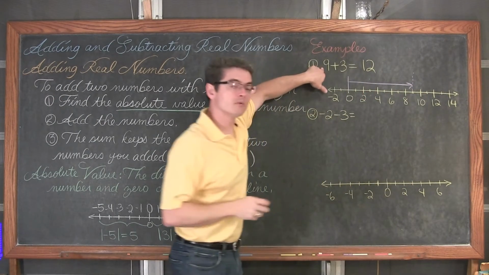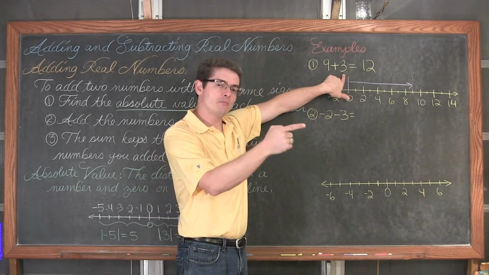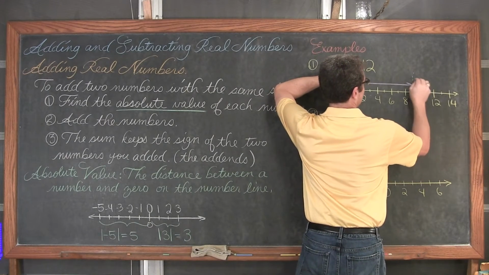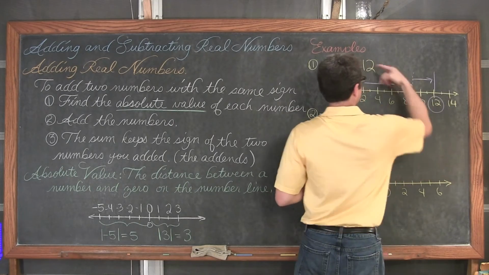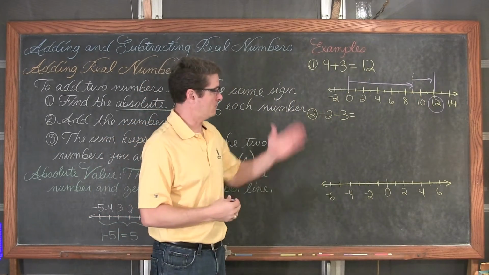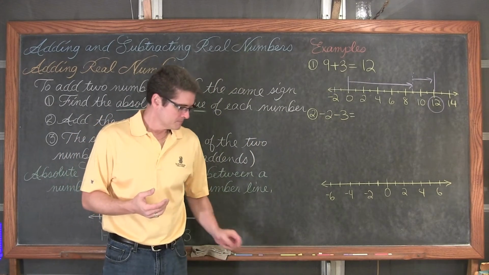And now I'm looking on the number line at the value of 9, and then I have a plus 3. Well, that's going to move me farther to the right 3 more spaces. If I count out 1, 2, 3, I'm going to be at my answer here, as we can see, of 12. So positive 9 plus 3 is equal to 12, or that's 2 movements to the right on the number line.